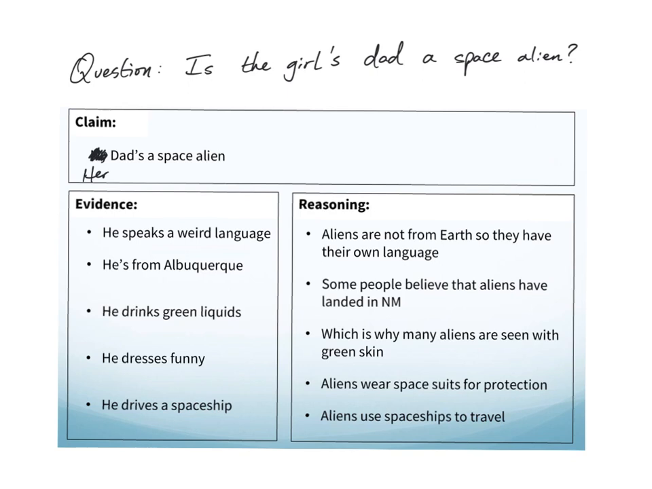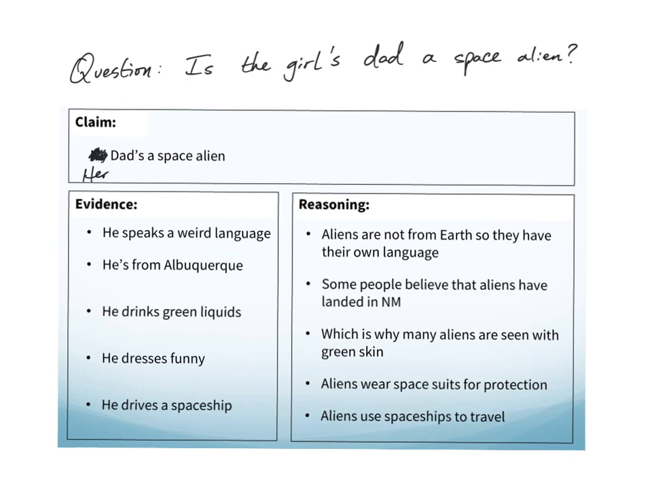Now, obviously, her dad's not a space alien, right? So if you said that he is a human, evidence, he drinks green liquids. Okay, let's say that was one of your pieces of evidence. Humans drink green liquids because they want to drink them for their health benefits, to make them live longer. Okay, he drives a spaceship. Humans drive really fancy cars to show off how much money they have. Okay, so